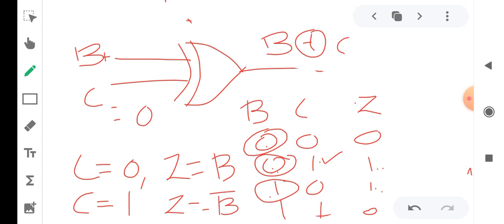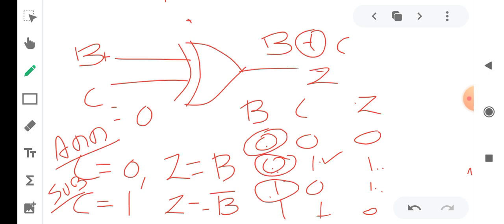So Z is equal to the complement of this B. We get C is equal to 0 in the case of addition, and C is equal to 1 in the case of subtraction. So this is the logic of how a 4-bit parallel adder will operate as an adder and subtractor.